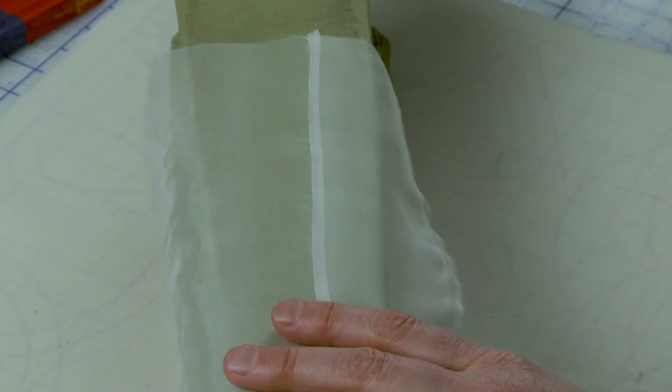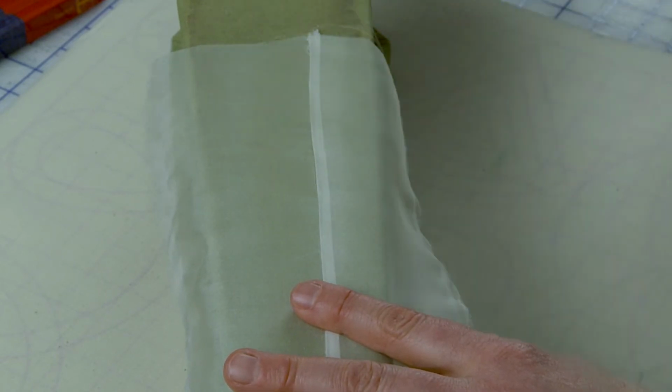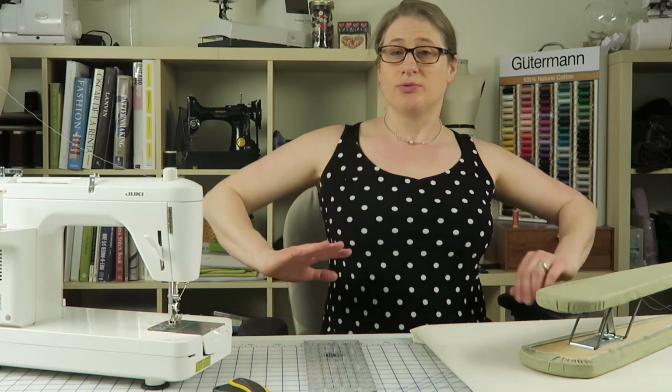All right, see how lovely that looks? That's how you do the French seam. And what I want to do now to sort of wrap up this cutout and start sewing